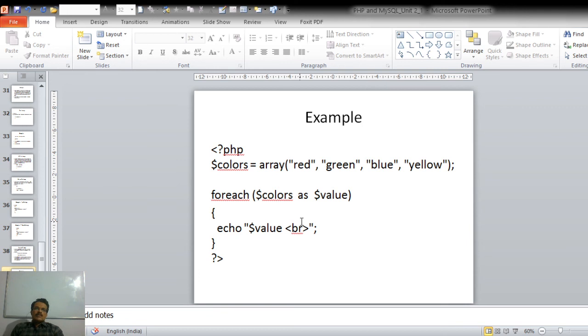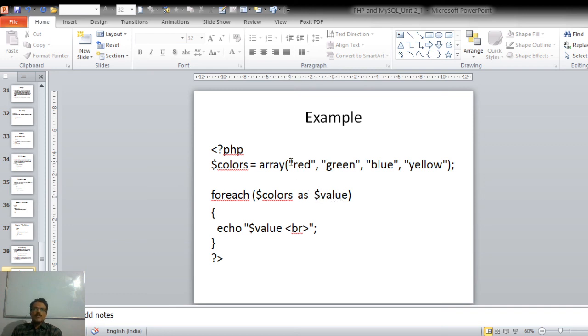Okay. So this is an example of the foreach statement. Suppose we have declared an array called colors. The variable colors denotes an array which consists of 4 different values: red, green, blue and yellow. This array has 4 elements. Now with foreach we are referencing this array. Every time the array is referenced, the value of an array element will be assigned to this variable.